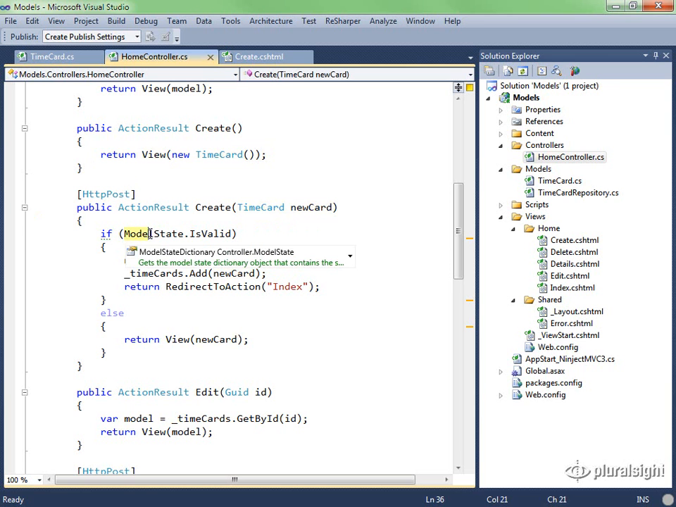Inside of here, we'll make sure that the time card is valid, that it passes all the validation rules, and if so, we'll add it to a time cards collection and then redirect back to a list of all the time cards. Otherwise, if there is a validation error, we're going to redisplay the create view and allow the user